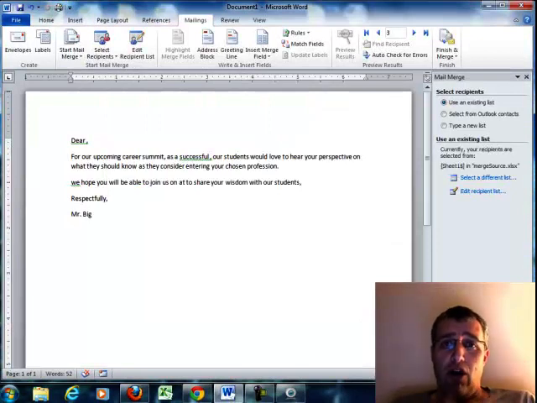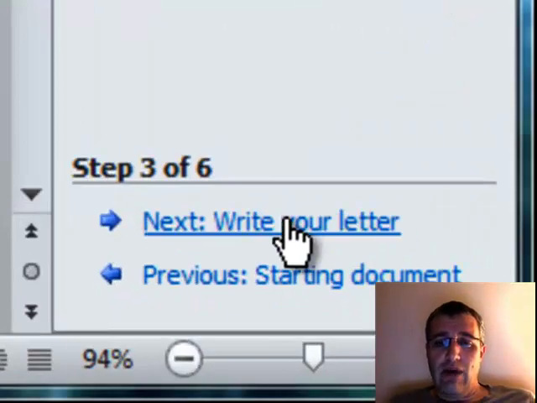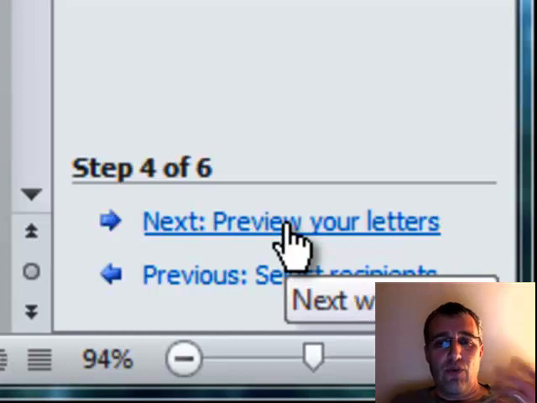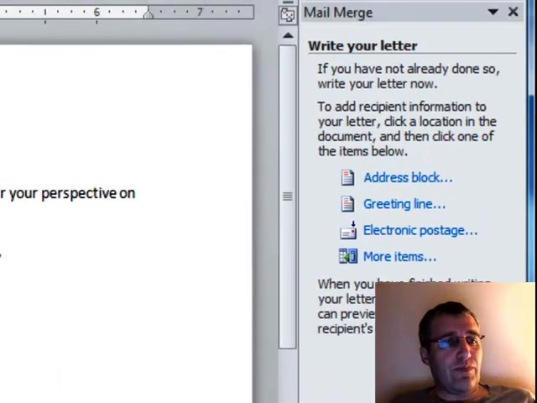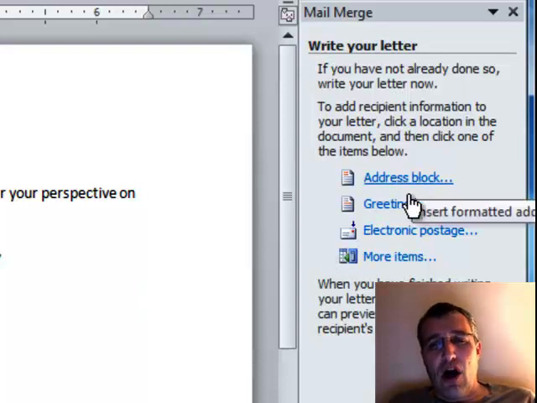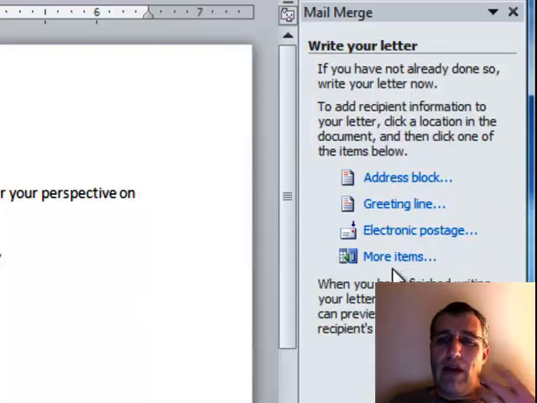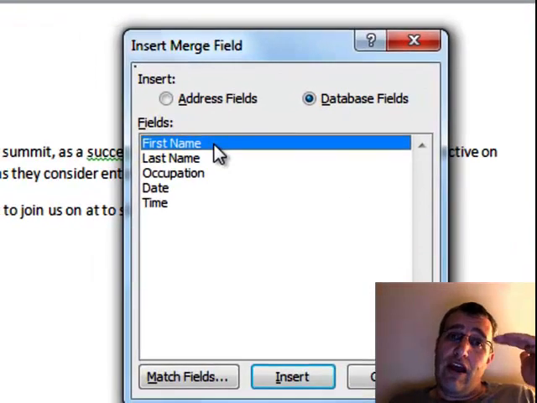So 3 steps. What am I doing? A letter. Which letter? This one. What's my source? I just identified the source. Now it's time to write the letter. I have my letter written, and now I can put in an address block, greeting line, and so on. But what I tend to do is go with the more items. More items is going to open up a list of all the